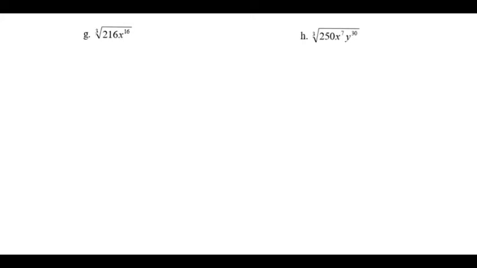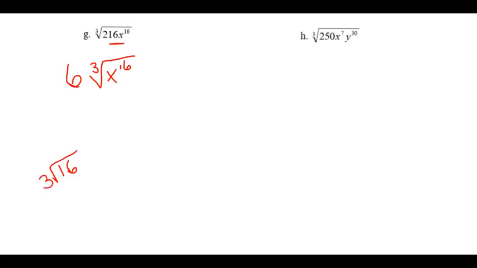So our final two that we're going to work on simplifying are both cubed roots again. So now we have the cubed root of 216. And this one's kind of nice because the cubed root of 216, that is a perfect cube. That is 6. So right away, I'm going to turn that into a positive 6. But I still have to deal with the cubed root of x to the 16th. And here, remember, divide that 3 into 16. So if I write it down here,